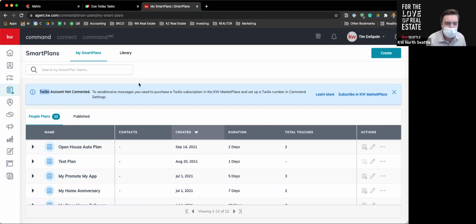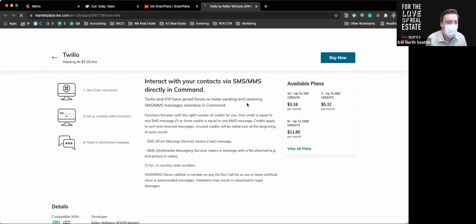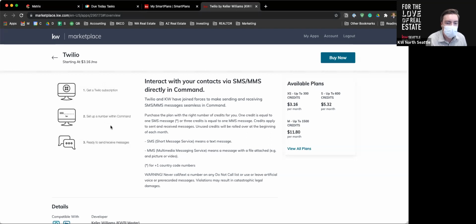And so if you want to activate Twilio, you just have to go to the marketplace. The marketplace is right up here by the bell, or you can just click right here. And so if we go into the marketplace, you can see Twilio pops up, and they have different plans over here. So if you're a new agent just starting out, you can start with this extra small plan and add it to your Command. And this will give you a personalized phone number that you can use to text your